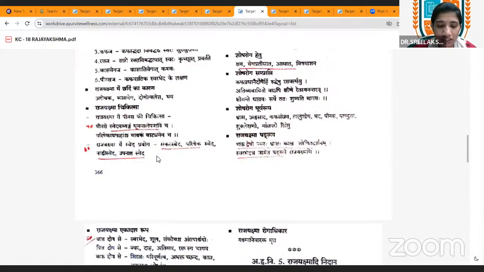Shatpala Ghritam is mentioned in Ashtanga Hridaya in the context of Rajayakshma. This is Shodhanam, Vishodhanam. Shatpala Ghritam is very important. And next is Pancha Panchamula Siddha Ghritam, which is indicated as Saptanga Balam. Okay. And Eladi Gutika in Ashtanga Hridaya and Sushruta Samhita, Eladi Gutika is mentioned as Rasayana.